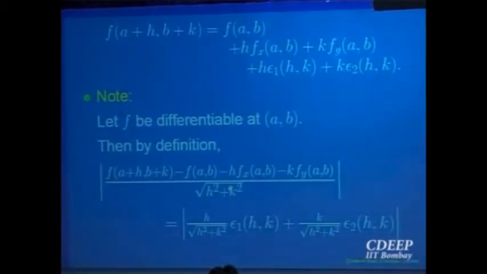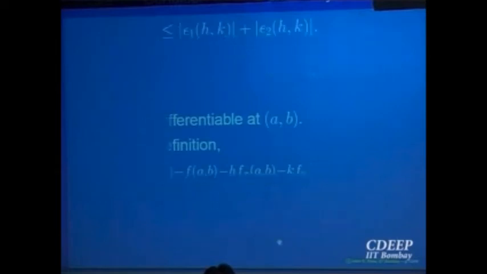So what is differentiability? It says the partial derivatives fx and fy should exist, and if you take this limit, that should be equal to 0. And actually that is an if and only if condition. We are not proving the other way around, but you can assume the other way around.